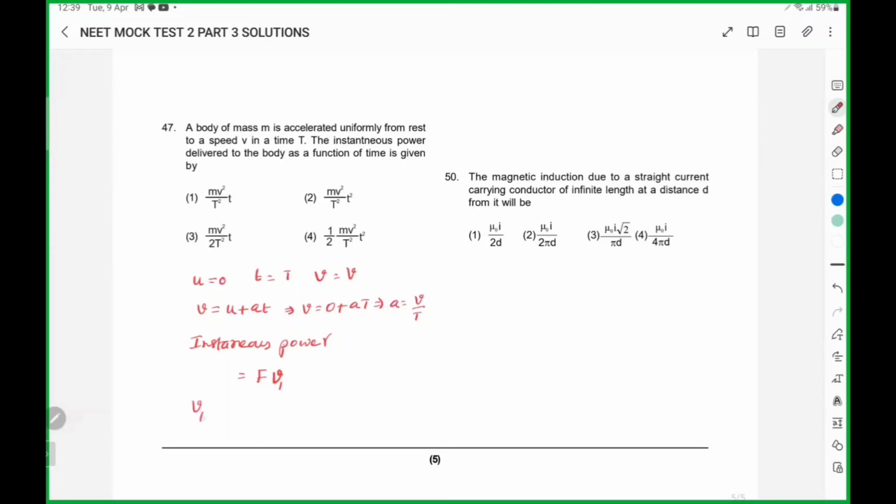So at that instant of time, initial velocity is 0. So this power is equal to F. In place of v1, I will write at. So it is ma into at. The acceleration is